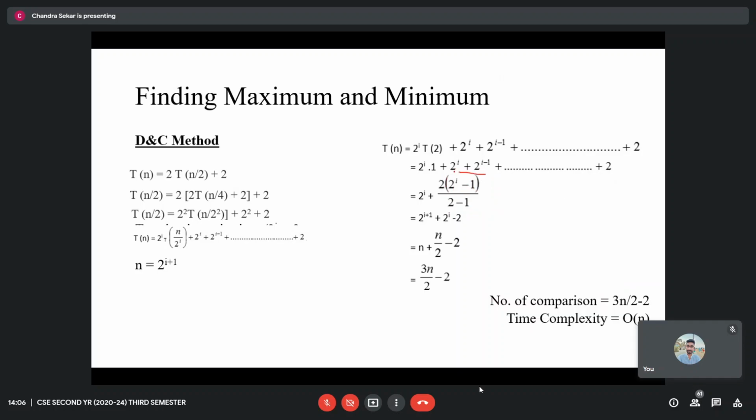I'm not going to explain the proof here, I'm just saying that there's a theorem which will reduce the given series into this type. So we are just applying the theorem here. So now we got this here. Now this 2 minus 1 is 1, so we ignore that. What is left over is 2 power I or 2 power I plus 1 and a minus 2. So these are the 3 terms left over here.